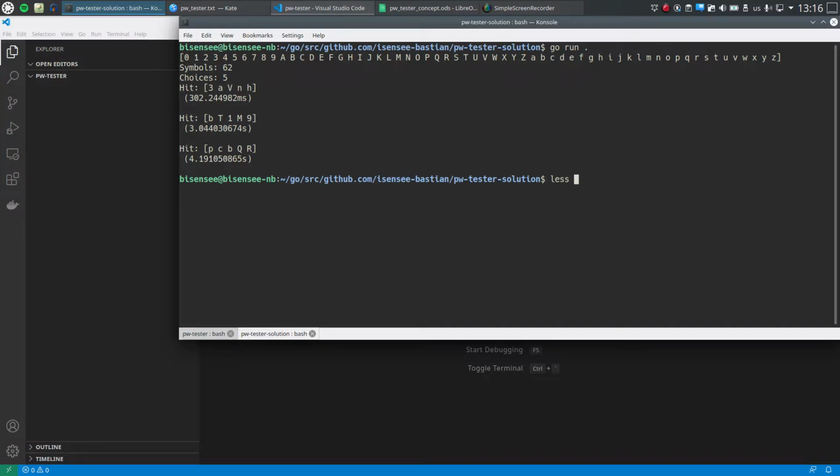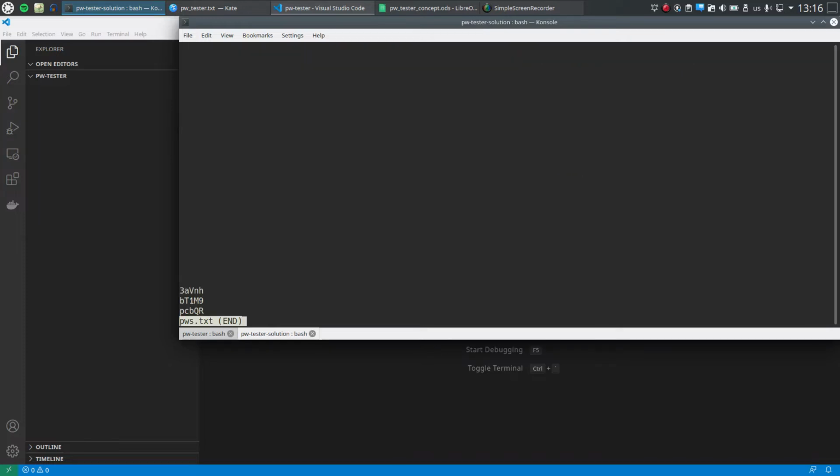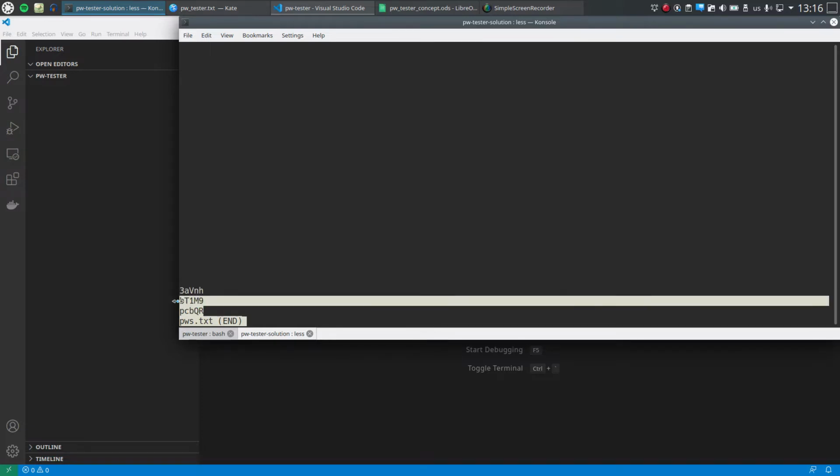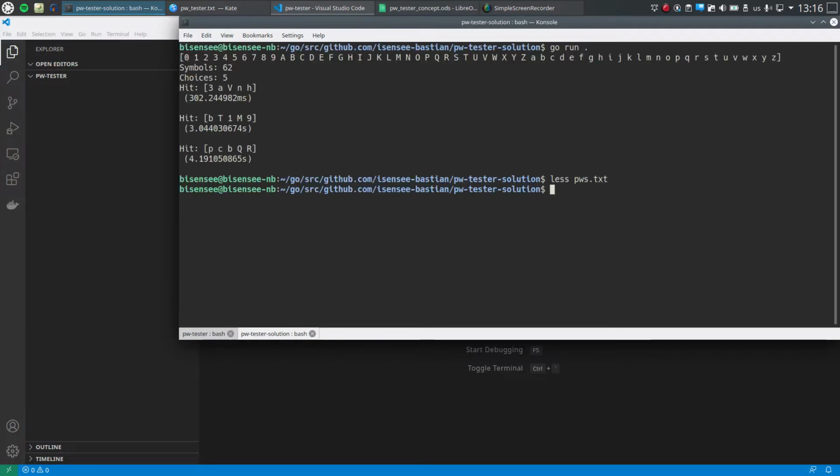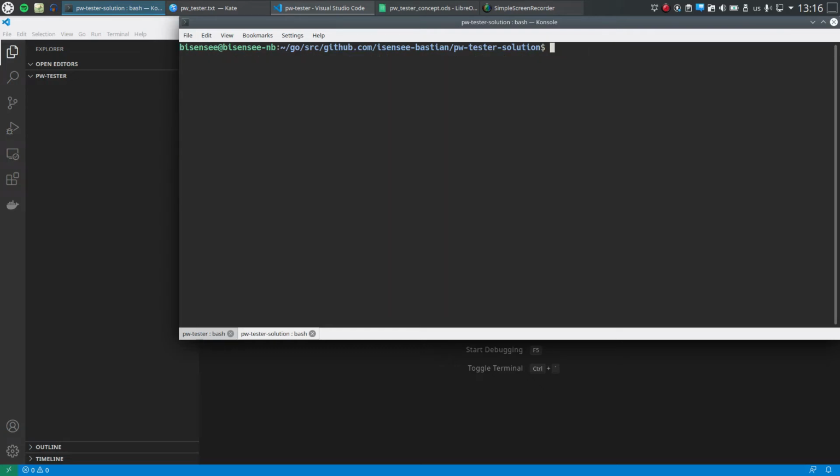So here's a little text file where I just added a few passwords containing alphanumerical characters of length 5. And the idea is to write a simple Go program that tries to guess all these passwords in a reasonable amount of time. So as you can see here, when I run my program,